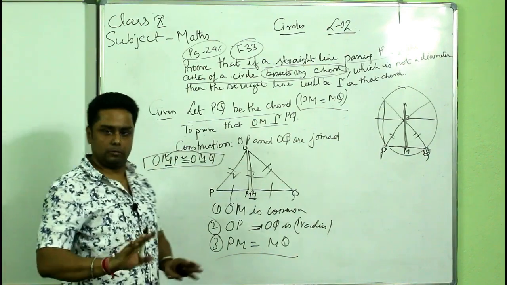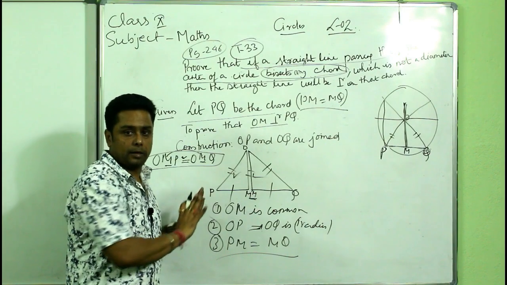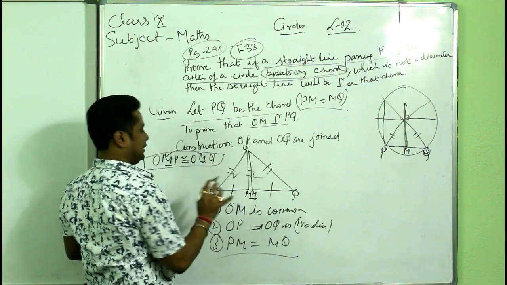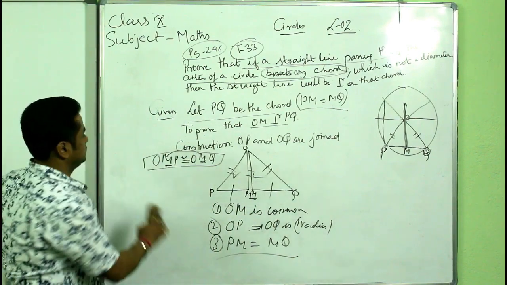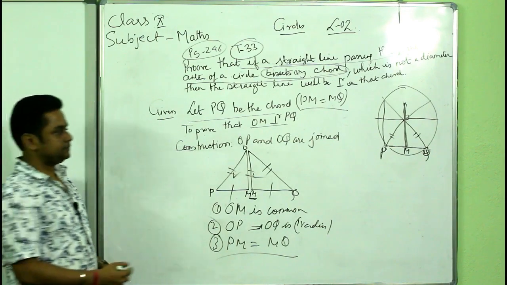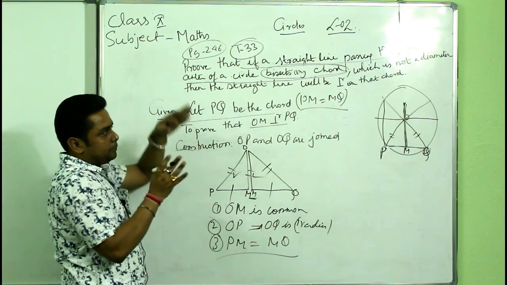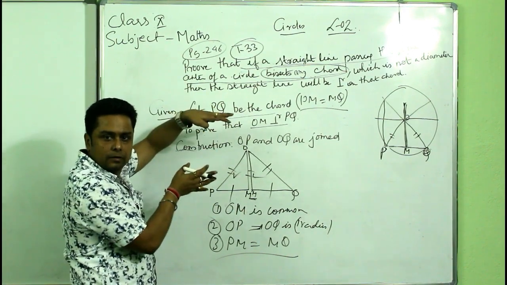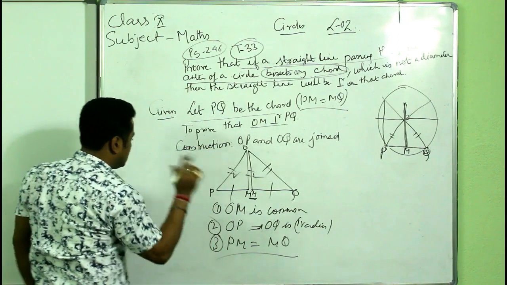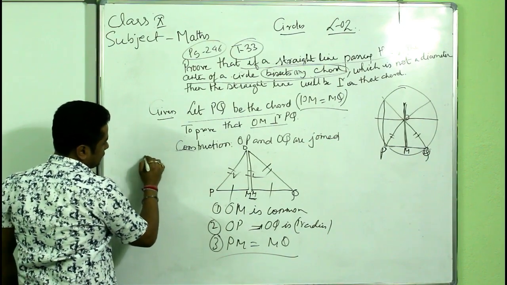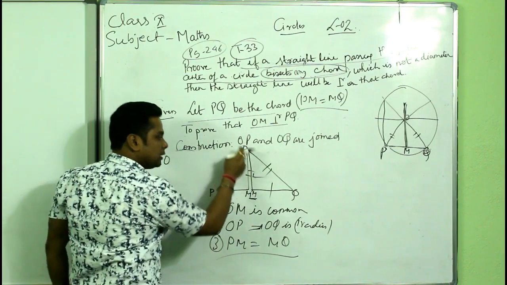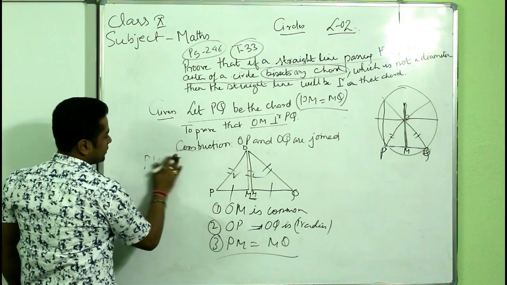You will say, sir, theorem complete. No, wait. We have just come to one point. What point have we come to? A major point: that these two triangles are congruent. So finally we have reached a point where we have proved that. Now forget circle, chord. See, there is a phase. First phase, understand the figure. Second phase, think what we have to do. Now the third phase. In the third phase, what did we get? We got that triangle PMO. We can write this way also, but if you start this way, then here also you have to go this way. Okay, so let me write it the previous way.